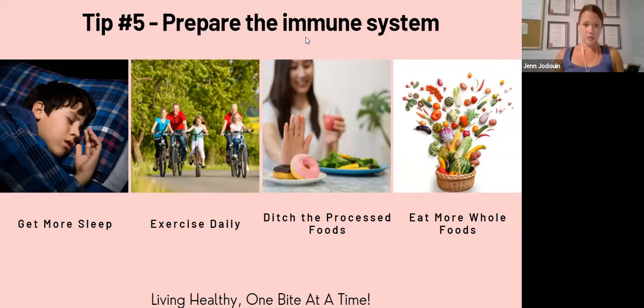And then lastly, to prep your immune system, you're going to want to eat more whole foods, more fruits, more vegetables, more whole grains, more plant-based proteins. Adding in more whole foods can really help provide your immune system that boost that it needs. It provides a healthy gut environment for that immune system to thrive. It provides our cells with those minerals and vitamins and all those phytonutrients that it needs in order to do